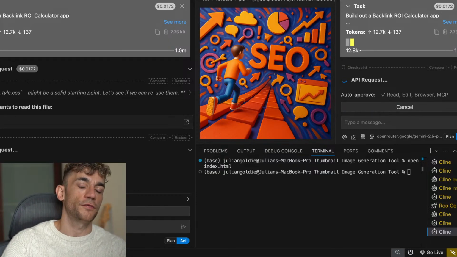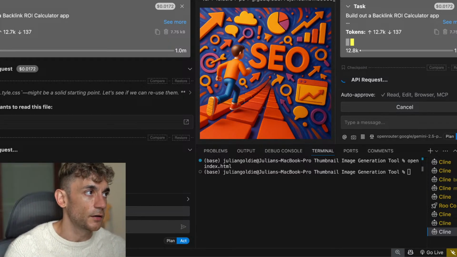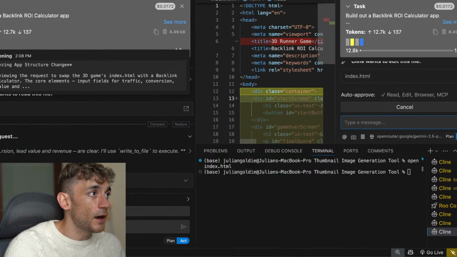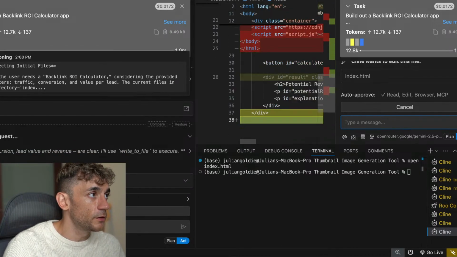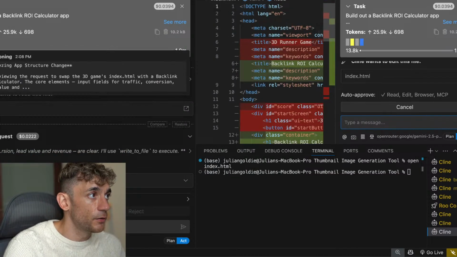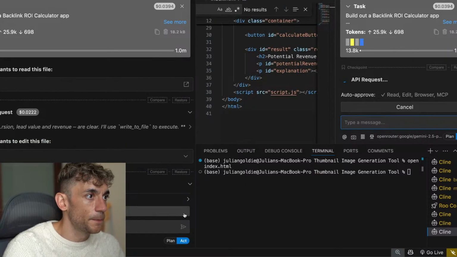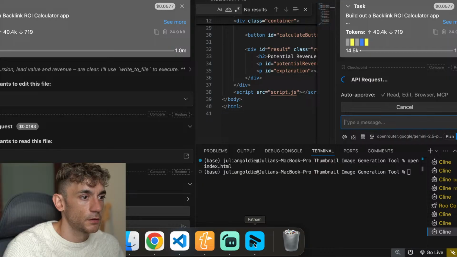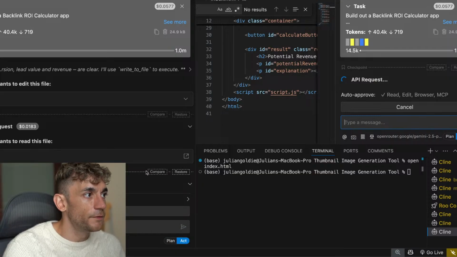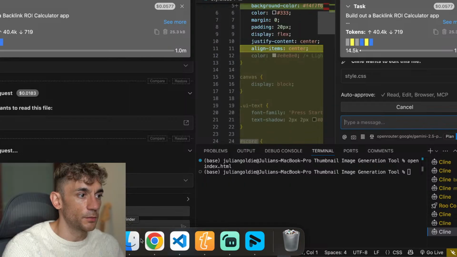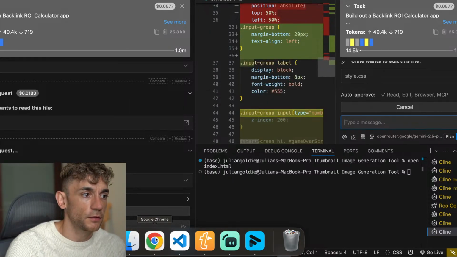Again, you can use it for free. I've already shown you how to use it for free inside OpenRouter. So you can see the timeline popping up now. So what it's doing, for example, reasoning, reading the file, reasoning, creating the index HTML. And the way that Cline operates is very different to the way that Firebase operates, right? So if we go back to